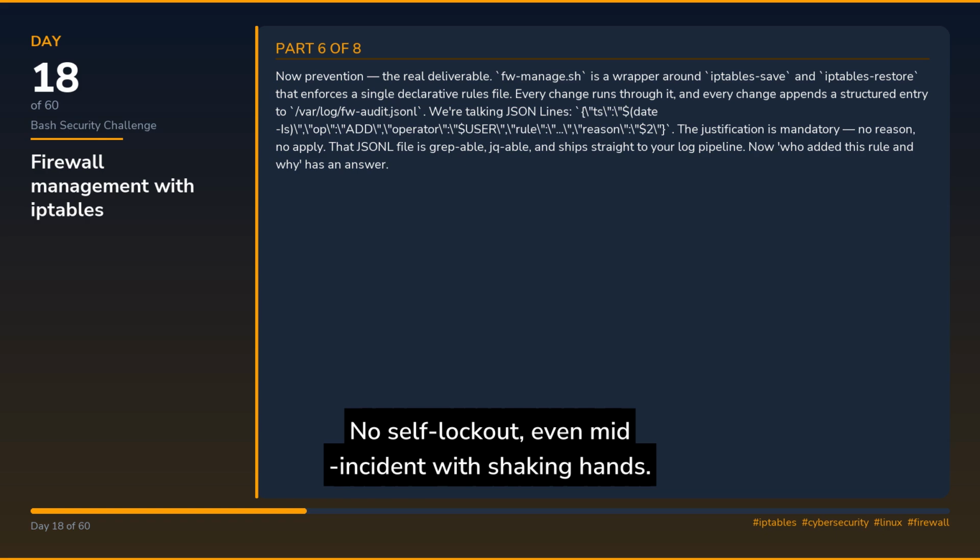Now prevention, the real deliverable. fw-manage.sh is a wrapper around iptables-save and iptables-restore that enforces a single declarative rules file. Every change runs through it, and every change appends a structured entry to /var/log/fwaudit.jsonl. We're talking JSON lines,